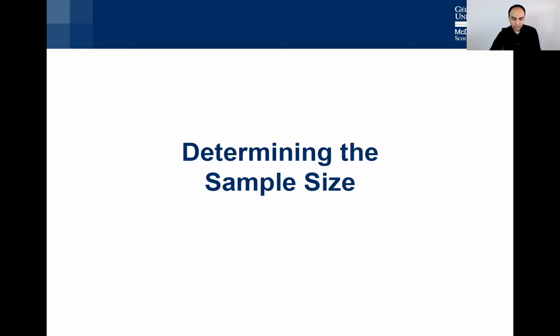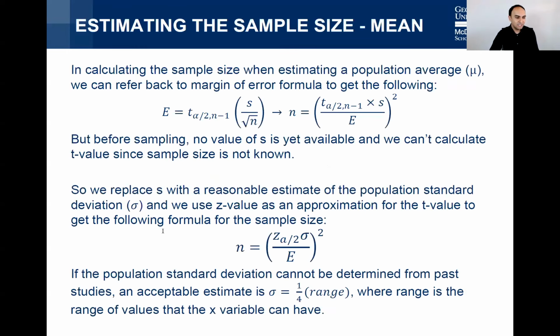What if I can fix the margin of error? I want a survey where the margin of error is not more than 2%. Tell me how many people I should survey. This is also very common in marketing teams, that they determine the sample size needed for a project, for a campaign. And this is exactly the reverse of the confidence interval calculation,